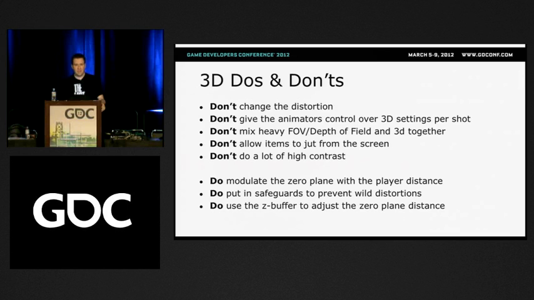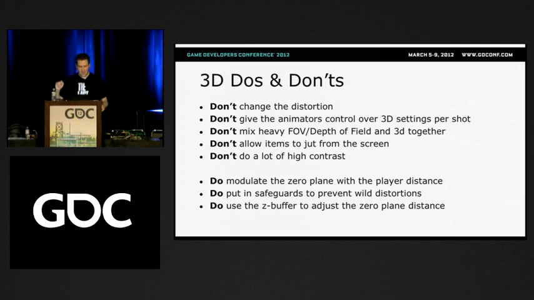We also, originally, had all these plans. We were going to give the designers control of these 3D settings for every single camera they set up. We were going to give the animators control for every single shot they animated between cuts. And when people did use it, it was horrible. It was really confusing because again, the 3D settings would shift between shots, and your eyes would go out of focus, or there would be problems with miniaturization. Things would look miniature because they wanted to change these different values. So at the end of the game, we just stripped it all out and did a couple of things, which I'm going to go over in a second, that were just procedural and worked the entire game and fixed 99%